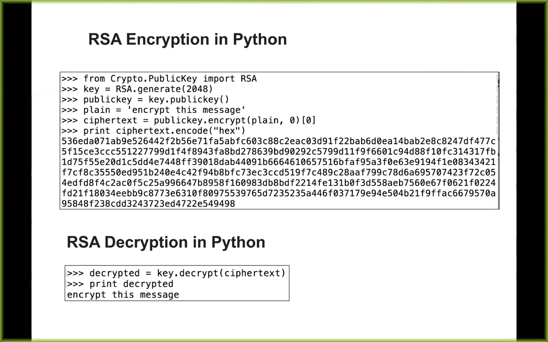2048 is the N? Yes, 2048 is the size of N. That's real important. So that means P and Q are actually 1024 bits. And when you multiply them together, the result is 2048 bits. And that's what's recommended now. 1024-bit RSA was recommended until a few years ago, and it still has not been cracked, but they've gotten up to like 768 bits. So they're close enough to it that they recommend moving up to 2048 or even higher now.